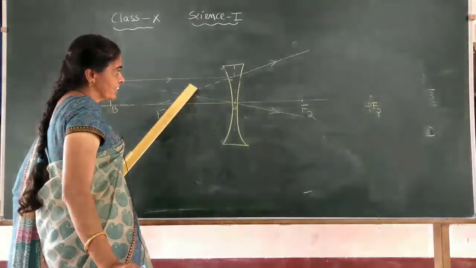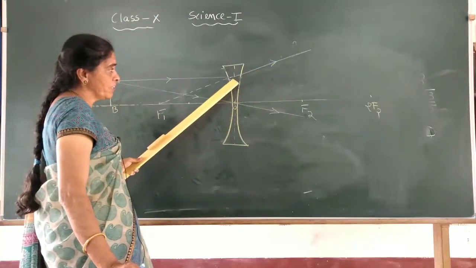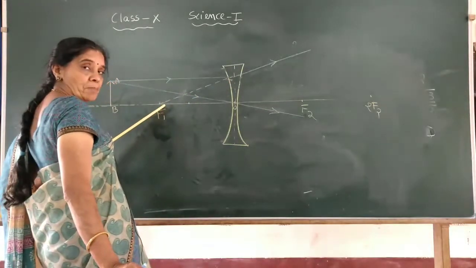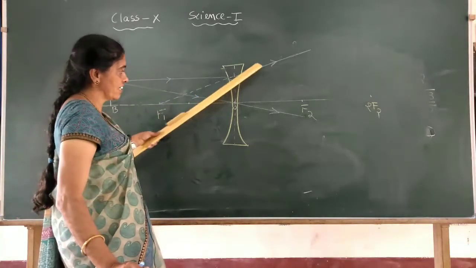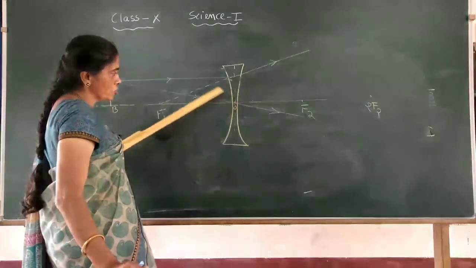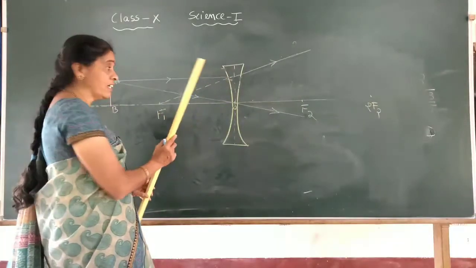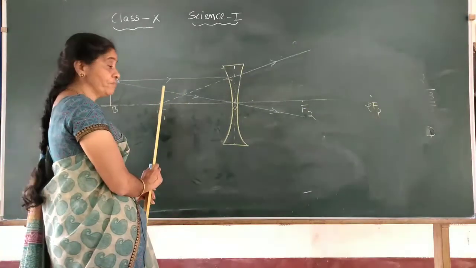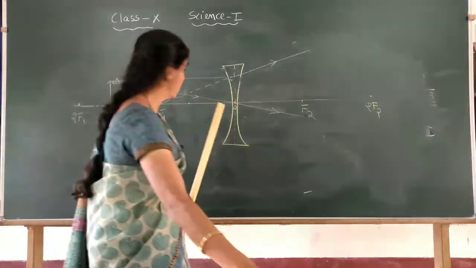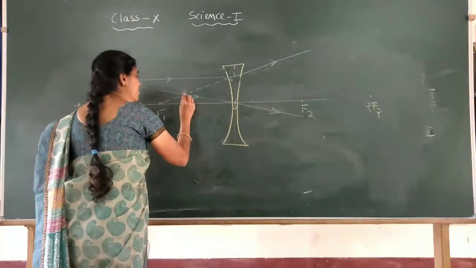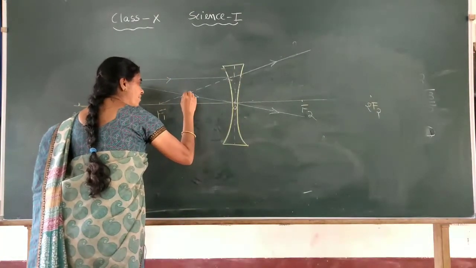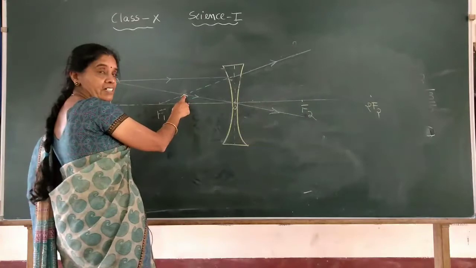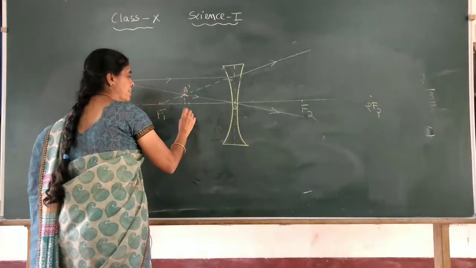This is the one refracted ray, and if you make this refracted ray move backward, or think it is coming from this particular point, F, the principal focus, and traveling in this direction, and this is the second ray, right? Now these two rays are not really meeting, but they appear to meet at this point. So at this point we will get the image, which is virtual, not real. It is coming from the top of the head of the object, so this part will be the head. So it is A dash, B dash.